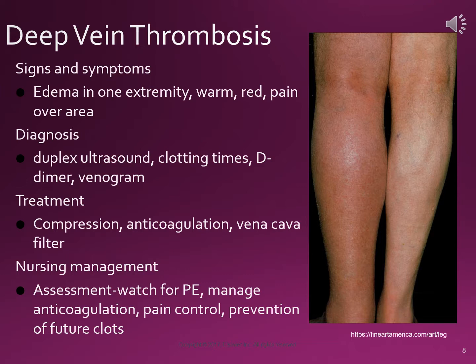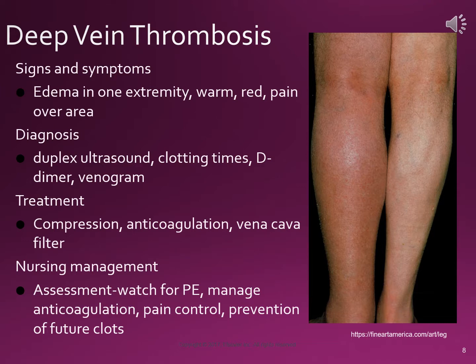Deep vein thrombosis is something that can happen as a result of thrombophlebitis. There is a care plan for this in your textbook that's pretty good. This is a picture of somebody's legs showing the difference between a leg with a DVT on the left and a normal leg on the right. So what you'll see in signs and symptoms is edema in one extremity, and a warm, red, painful area over where the